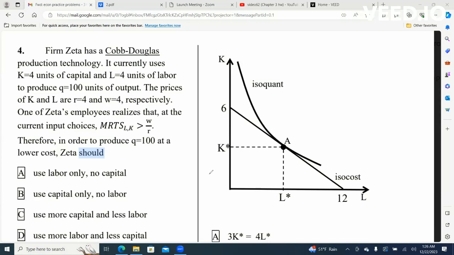One of Zeta's employees realizes that at the current input choices, the MRTS, remember always positive, is greater than the W over R slope. Therefore, in order to produce Q equals 100 at lower cost, Zeta should, okay,